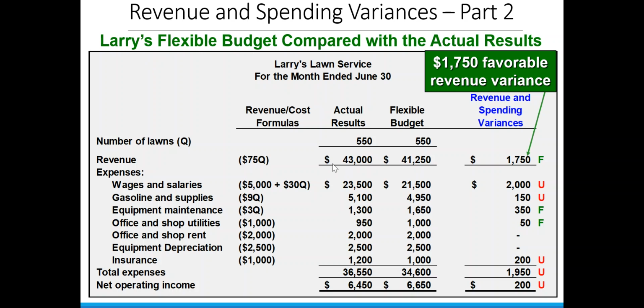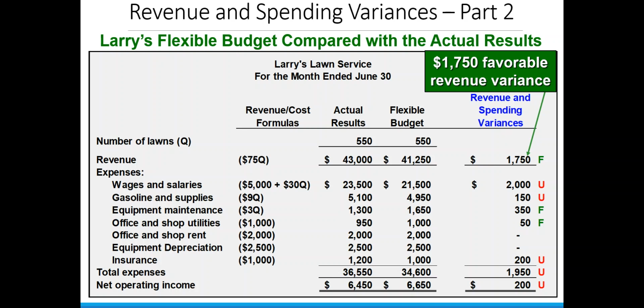But what you see here is there's a difference between the actual revenue and the flexible budget based on this $75. What does that mean? Well, it could be that they've mowed some lawns that are bigger than the standard $75 charge, and therefore they have an increase in revenue. This is a favorable variance in revenue, so we're not really going to complain about that. We're just going to say, okay, we had some increased